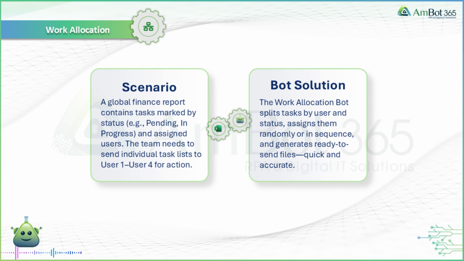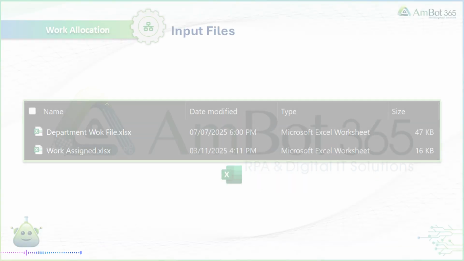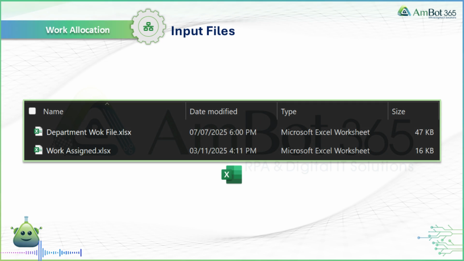The team needs to distribute these across users. The Work Allocation Bot splits the data by status, matches it with user lists, and generates user-specific files, quickly and accurately. There are two input files, one containing department task data, the other lists users to whom the tasks will